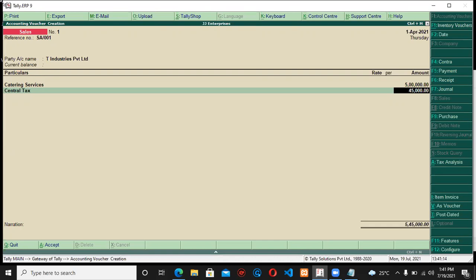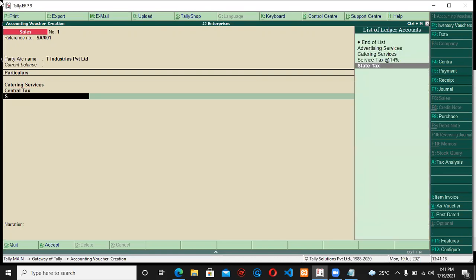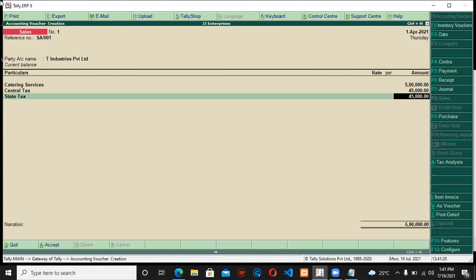Similarly, I'm going to go ahead with state tax. I'll give state tax 45,000. So two taxes have been added. We have got even sales value. Sales value is how much? 5 lakhs.